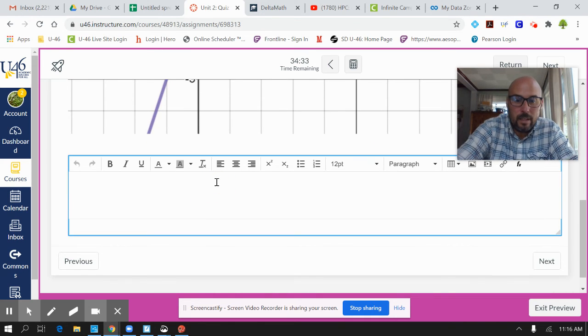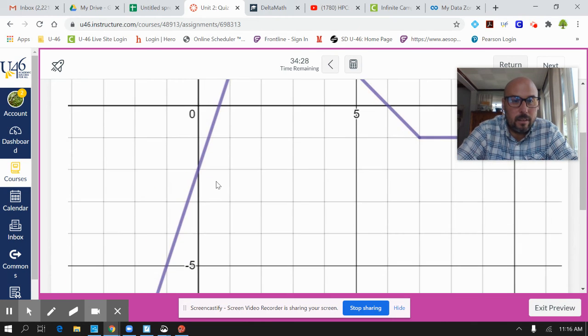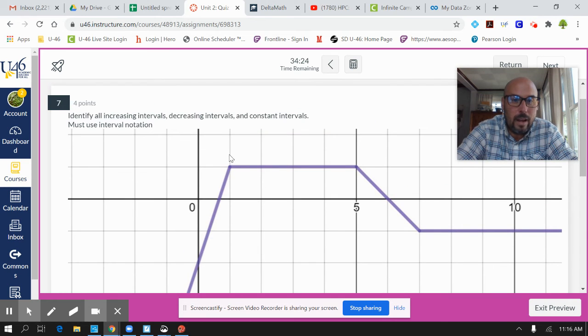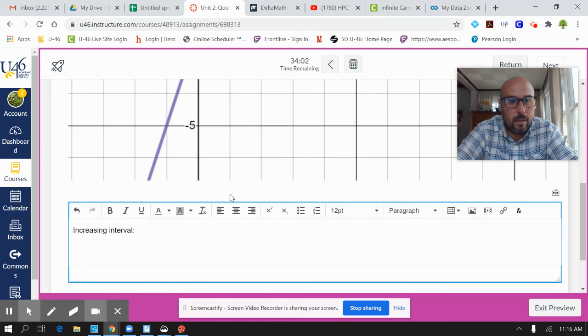So increasing interval, let's see here. It begins when x is negative infinity and all the way till when x is positive 1. I just realized this is a bad question because incidentally the y is also positive 1, but you're communicating as x values. You almost always communicate in x values, the independent variable. So when is this graph increasing? Well, when x is negative infinity all the way until x equals 1. So negative infinity, comma 1,